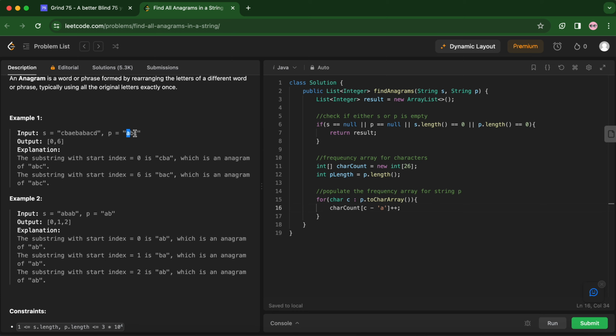We'll initialize our sliding pointers or sliding window. So we can say int left is equal to 0, int right is equal to 0. Okay, now we are going to iterate through this string, which is s. So let's iterate through string s. Since left and right both of them are 0, we say while right is less than s.length,